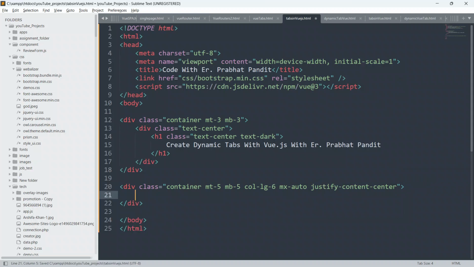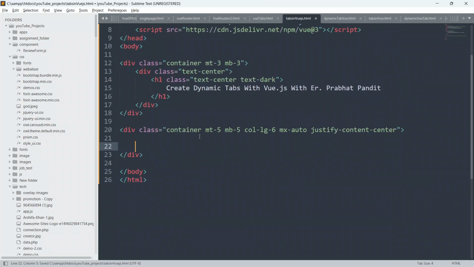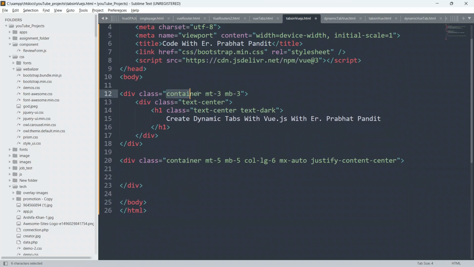Let me explain one thing first. As of now, you can see here I am using all the classes from Bootstrap. These classes are predefined in Bootstrap, and I'm just using them.